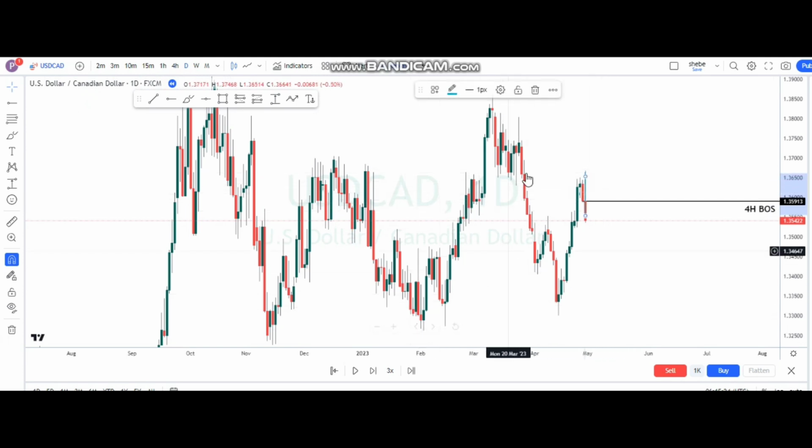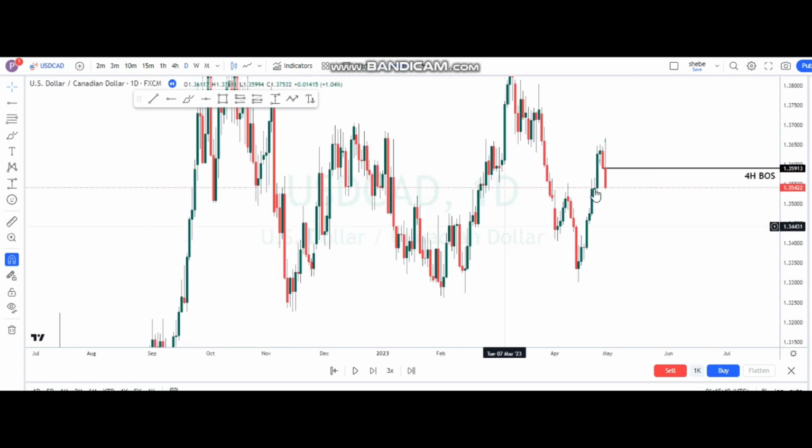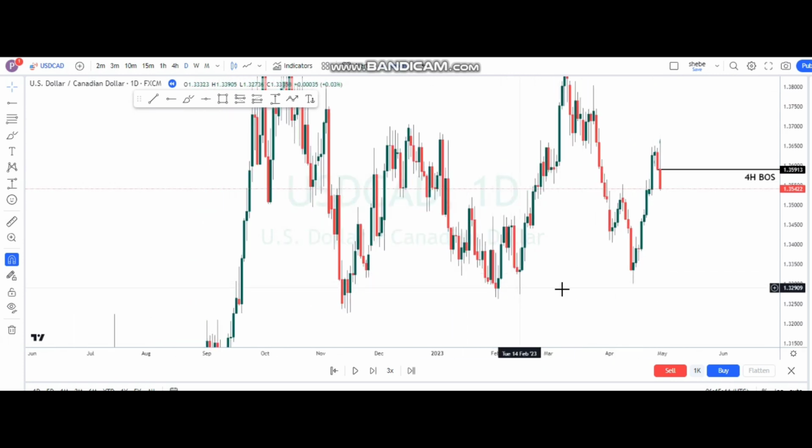Simply, we have shifted from this correction phase, and we are going into a huge impulsive phase, a huge continuation phase. If you try to look, this here was a correction, and we are expecting high movement around there. Another thing to say: when the price came, it did not close below here, it closed above. Closing above and breaking this tells us that we are going higher.